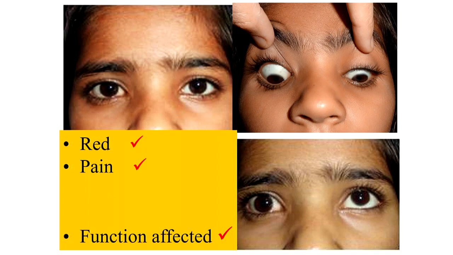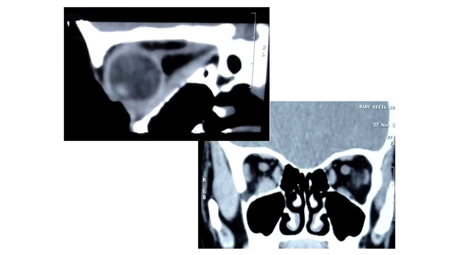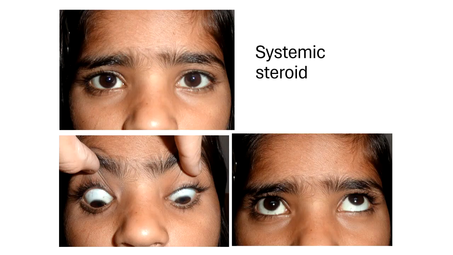There was pain on movement of the eyeball. Ocular movements are restricted, as we can see in the right eye, the elevation is restricted, but there is no edema or swelling in the orbit. Now, we are not going to label this as orbital inflammation based on the classical signs, but what we see on CT is a diffuse thickening of the inferior rectus muscle with fuzzy margins, and this thickening is involving the tendon of the muscle. So it was a clinical diagnosis of myositis.